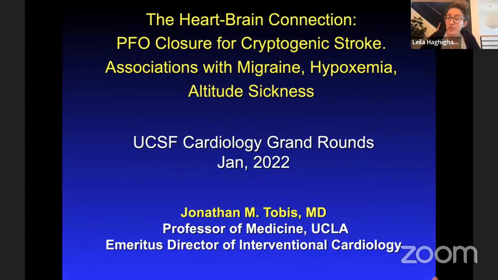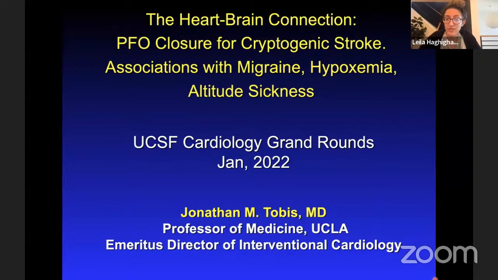Dr. Tobis is a native of New York, but moved to California for his medical training, and he's remained here ever since. He completed his residency and cardiology fellowship at UC Irvine, and subsequently remained there on faculty for over 20 years. In the mid-1990s, he was recruited to UCLA as a professor of medicine and cardiology, and has had multiple leadership positions there, including Director of Interventional Cardiology and his current role as Director of Interventional Cardiology Research. His original contributions to cardiology include the development of digital angiography in the 1980s and the development of one of the first intravascular ultrasound devices, which helped explore the mechanisms of coronary angioplasty.